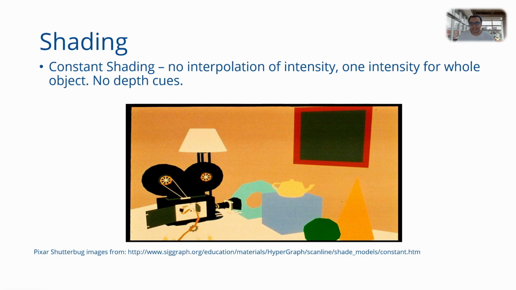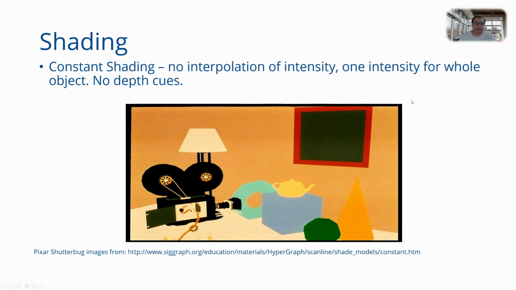So one of the easiest kinds of shading that you can do is constant shading. What is simply done is that one color or intensity is assigned to the entire object. This is very easy to do, as you can see in the scene that the cube is blue, the teapot is yellow, and they are all of a constant shade. So the entire object is of one shade. This makes the scene look very blocky, and there are no depth cues in this scene. You can only see the boundary of the teapot, but the curvature of the shape of the teapot is not apparent from the shading. So there are no depth cues when you do constant shading.